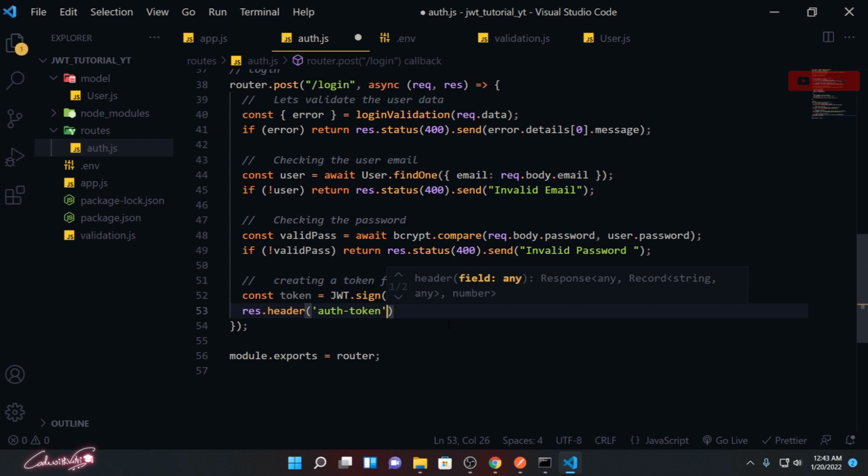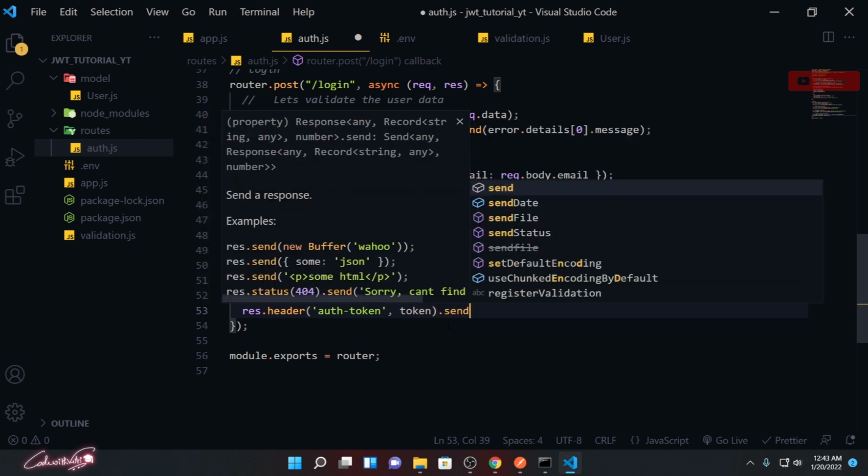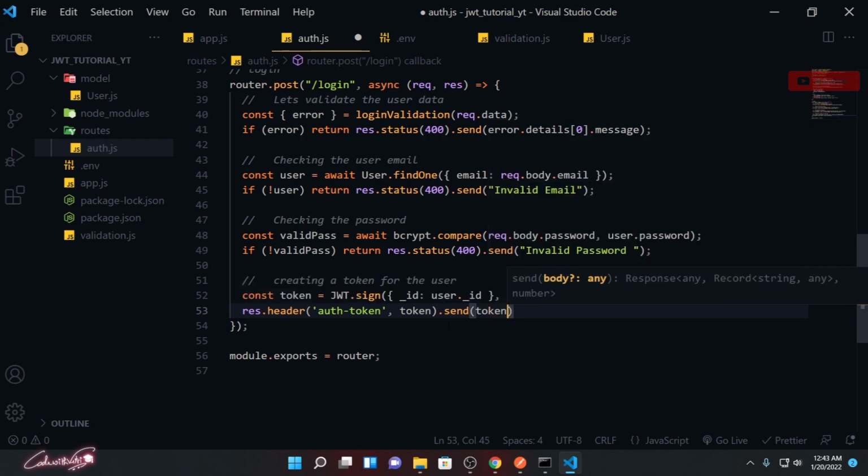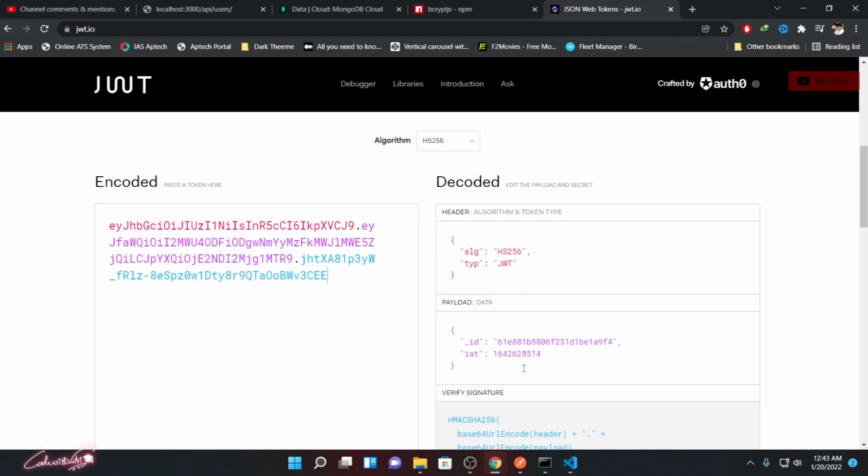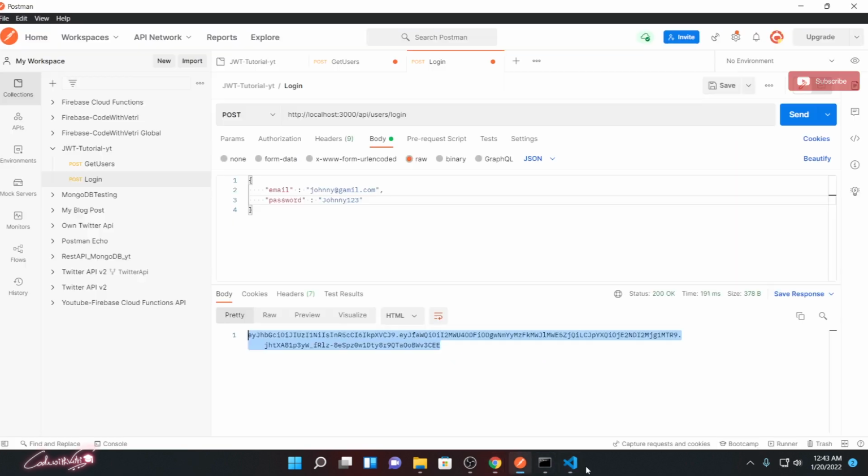In the header I'm going to create this auth token header value, pass that token value for that auth token, and then send that back. Save the changes. Now if I go back here and send again, that will create the token.